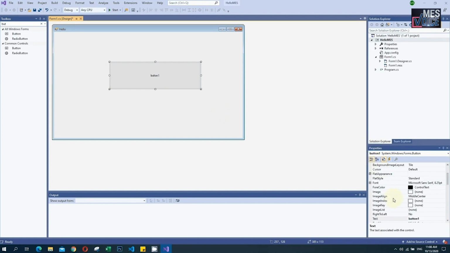Here, the first thing we are going to do is rename that button. So we are renaming that button into what? Click here. Okay, so I am changing that name like that. And we can also